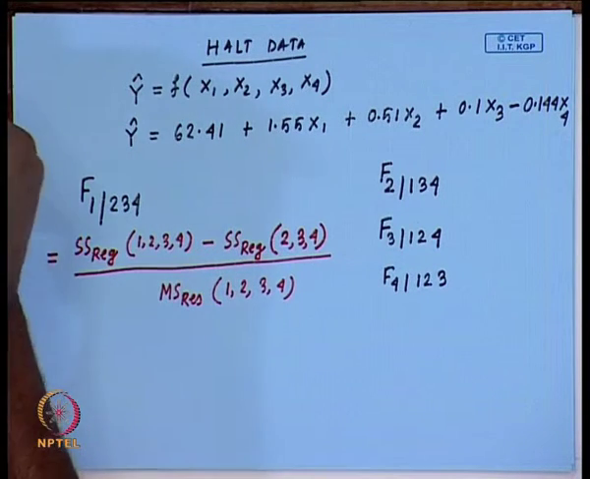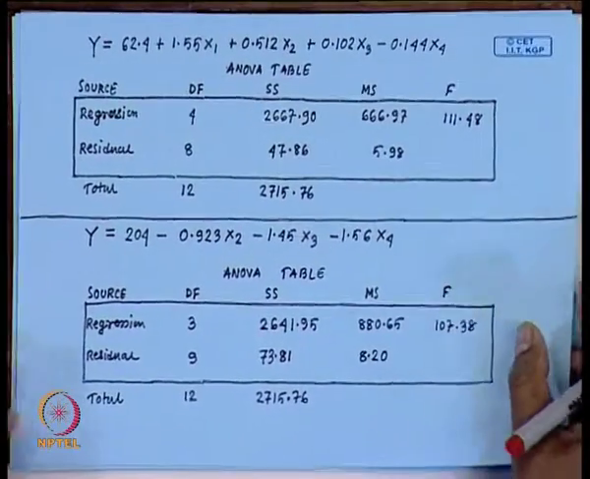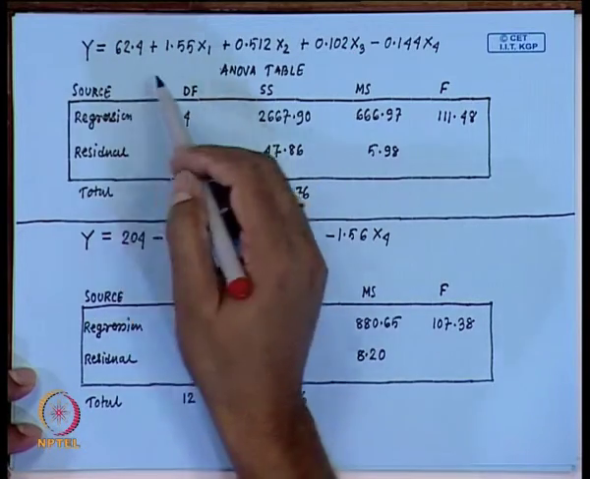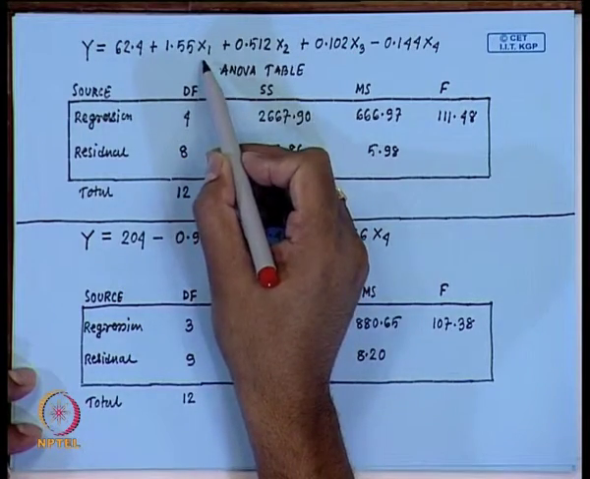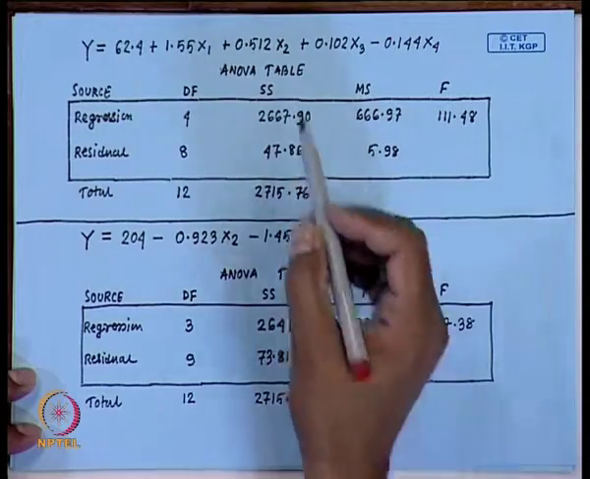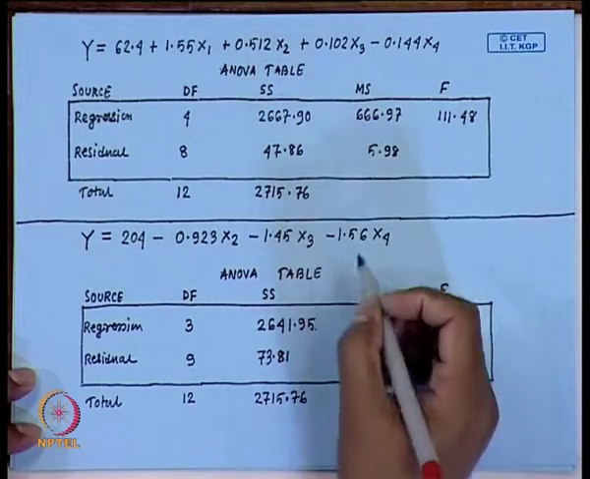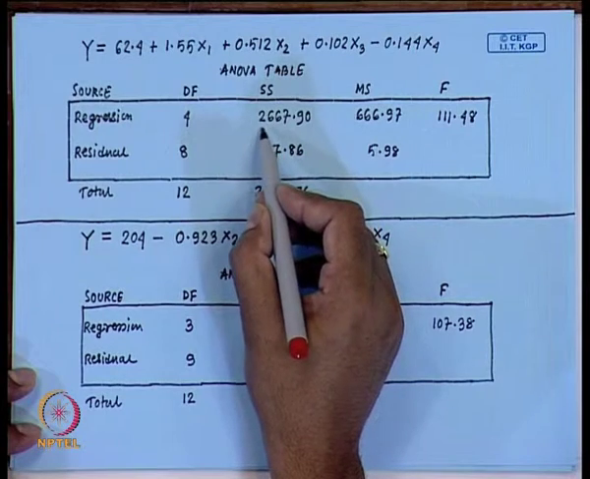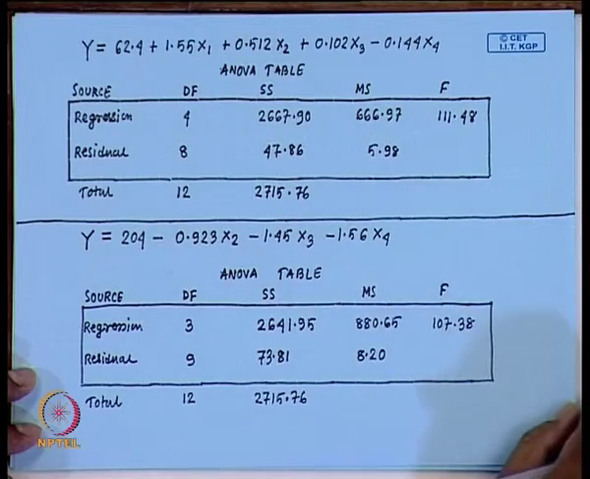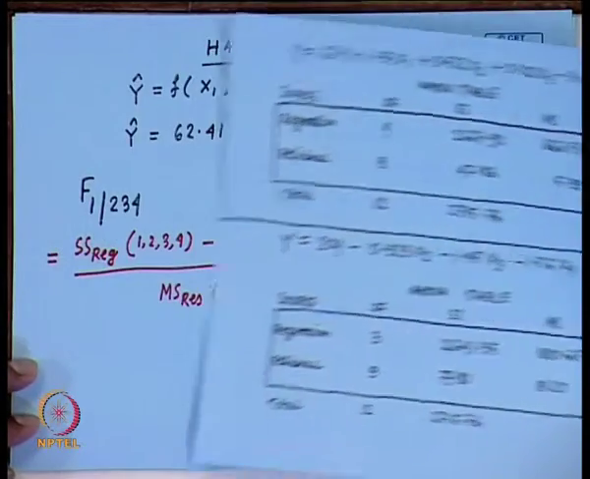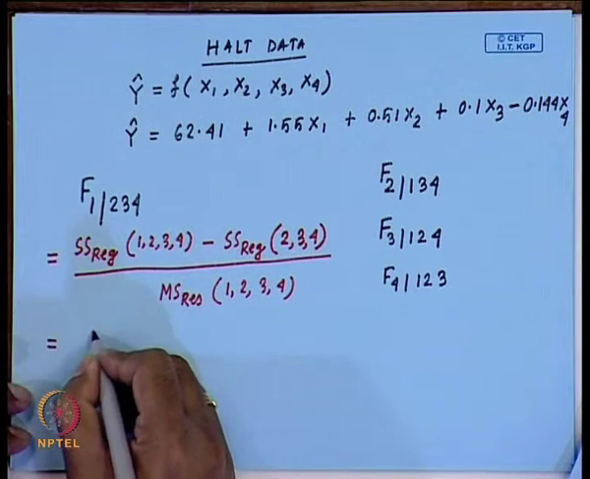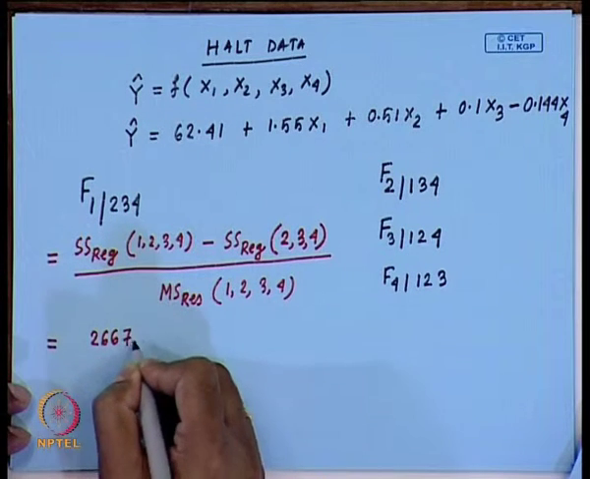for the model involving 4 regressor variables. So, here is the fitted model involving 4 regressors x1, x2, x3 and x4, and here is the ANOVA table for this full model. Now, the SS regression is 2667.9, right. So, I will use this value, this SS regression for the full model is 2667.9